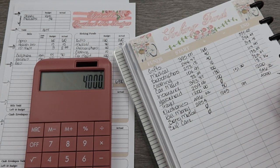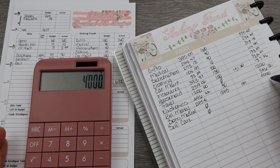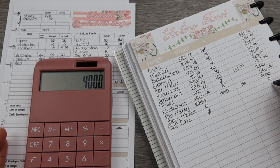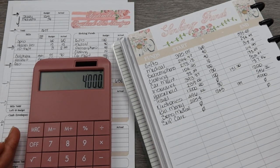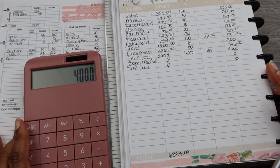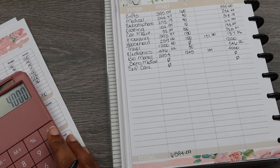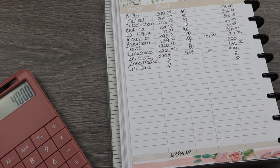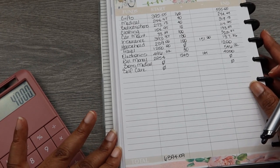So son's medical and self-care, I'm not going to do anything for those two just yet, so I'm going to leave them at 0, because my next big thing to take care of is going to be my emergency fund, and so I want to make sure I'm not mixing and putting other priorities in front of getting that emergency fund completed. I've taken care of the 1 month ahead, and so that helps me out a lot. And hopefully